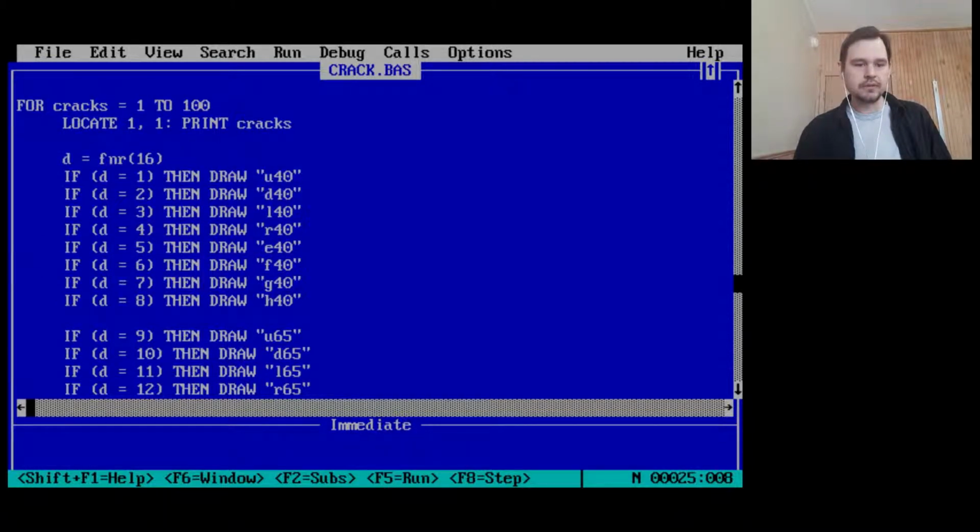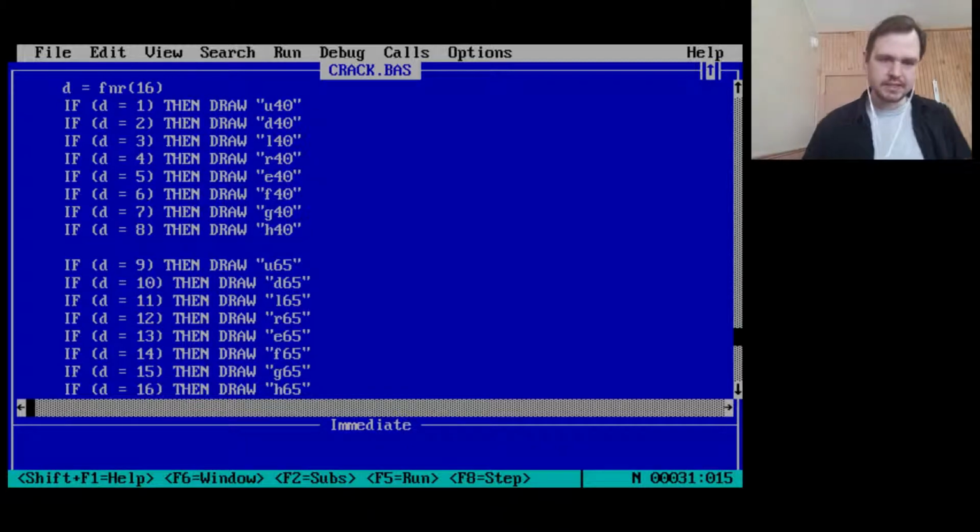And then for each crack, okay, we're gonna print the number that we've currently drawn up at the top left at 1, 1. And D equals FNR 16. So this is clearly direction. Direction is a random number between 1 and 16, and so there are 16 different directions. And this is how we do it. Not really 16 different directions. You recall that the draw command takes a letter, up, down, left, right, E, F, G, or H. So up, down, left, and right is very